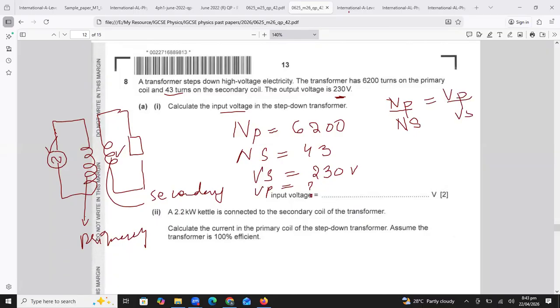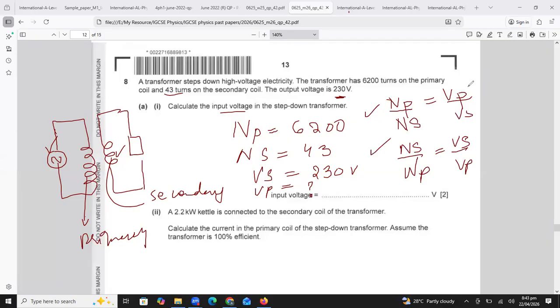इसको इस तरह याद रखें बेटा फॉर्मूले को कि अगर मैंने ऊपर नंबर ऑफ टर्न्स में P लिखा है तो यहाँ पे वोल्टेज का भी P आएगा. मैं इस फॉर्मूले को ऐसे भी लिख सकती हूँ NS over NP, लेकिन यहाँ पे VS over VP लिखूंगी. बोथ फॉर्मूलाज आर करेक्ट. ठीक है.